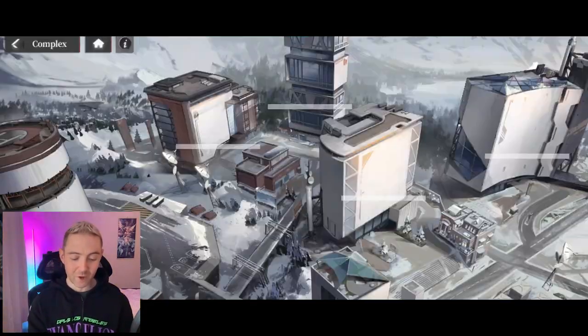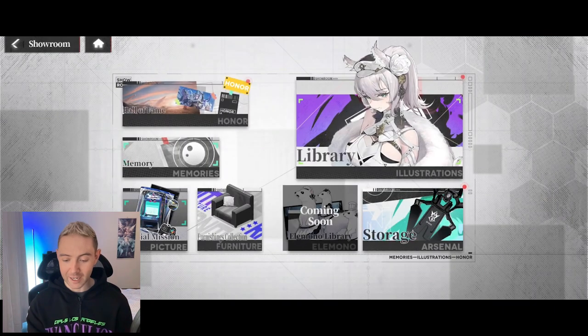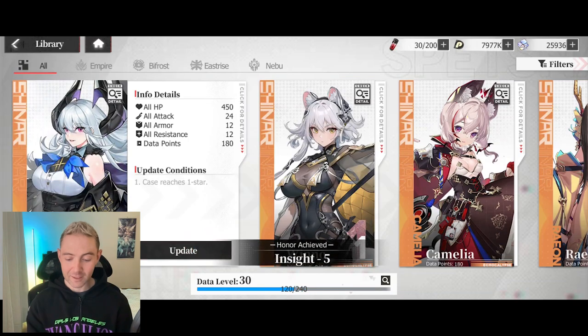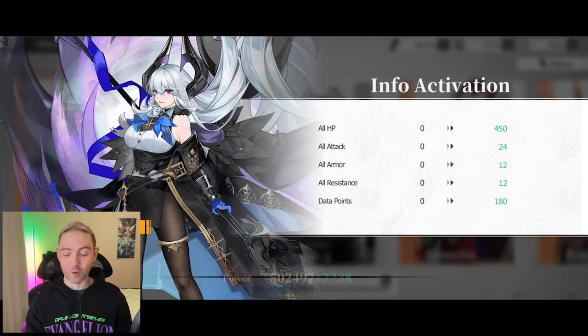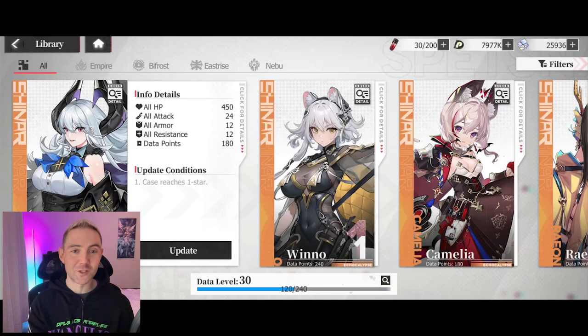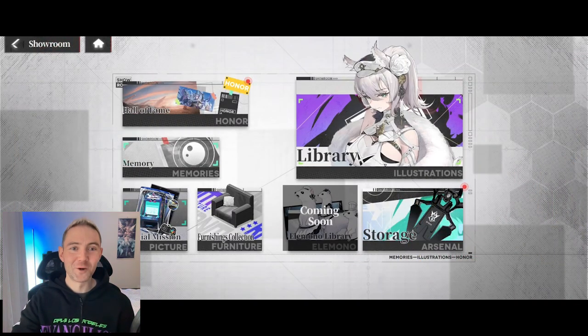And then if I go back to the complex, the showroom, and the library, we can go ahead and activate. And it further increases her power and my overall account power. Again, just do stuff. It increases your power level. Okay, so don't forget to come back here every time you break through a unit, update their bio. What else? Besides just like pulling new units, which will get you more power, like I just said, you also